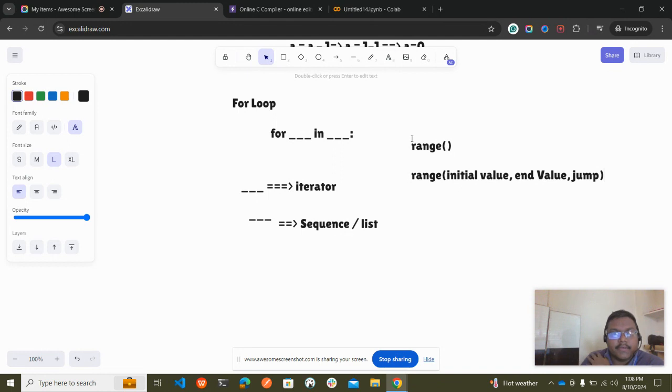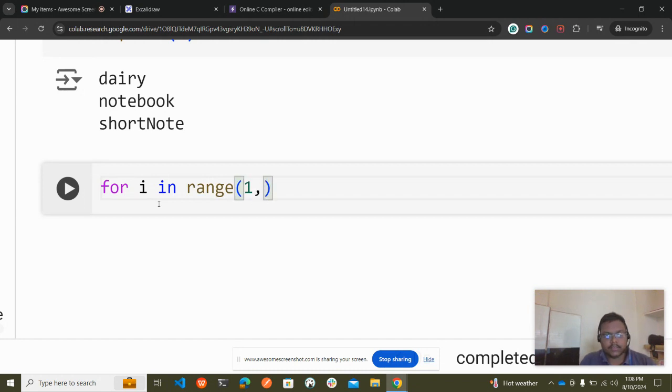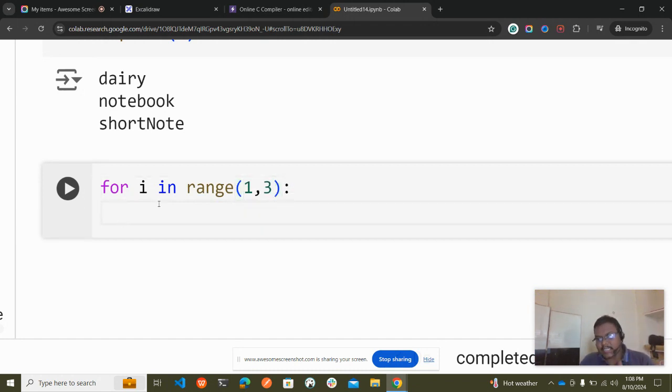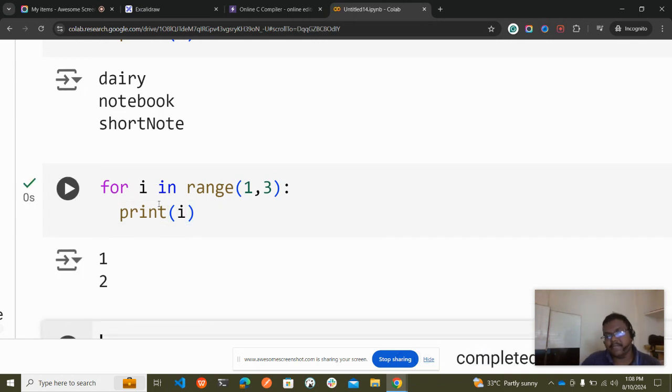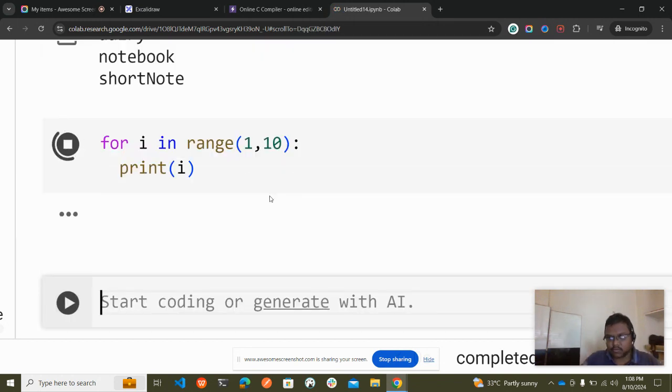You didn't get it, let me take you to the compiler. For I in range of 1 comma 3, so what is the expected output? Now you will be getting a result as, it will be taking the first value as initial value, and then it will be taking till the 3, but 3 is exclusive. Okay, now it won't take 3, but you'll be printing 3 minus 1, which means it will be taking only the n minus 1 position. Let us print it. Now you see, we'll be getting 1 and 2. If I go and give 10, what's the answer? We'll be getting 1 to 9.